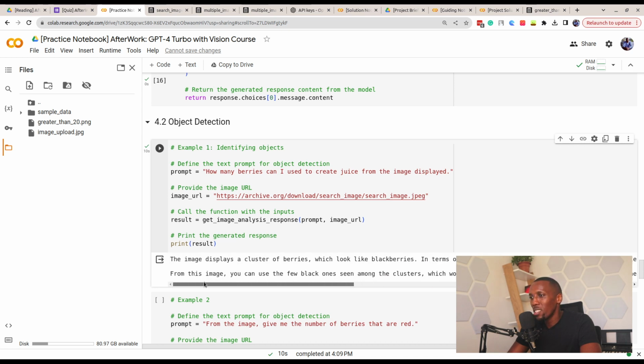The red berry, from this image, you can use a few black ones among clusters, which would likely make a very small amount of juice as a majority of berries. So yeah, it could answer. Sometimes you could ask how many